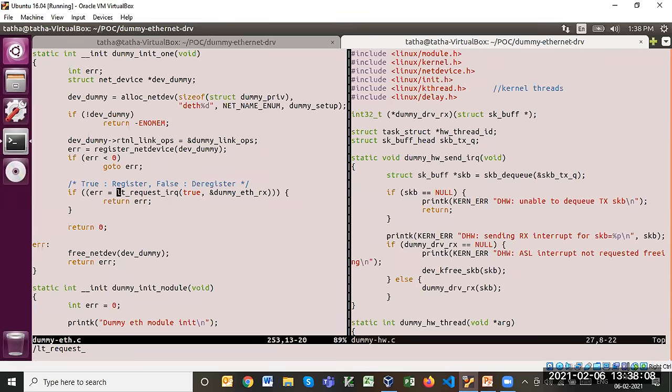Yeah, thanks for answering. Would TX done be interrupted per packet, or can it be in batch? No, usually from the hardware perspective, it is interrupted per packet.